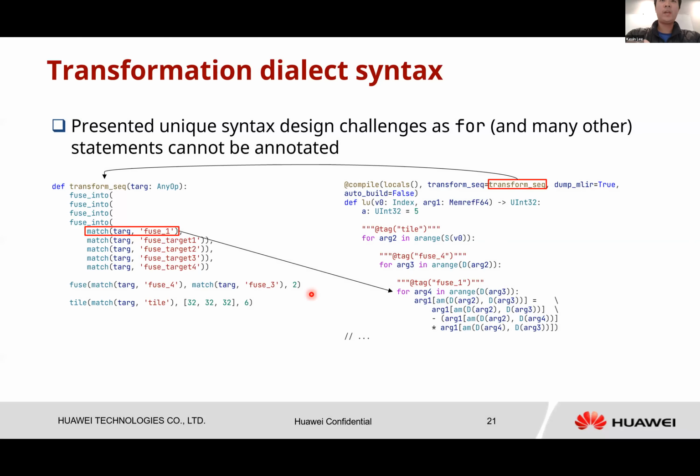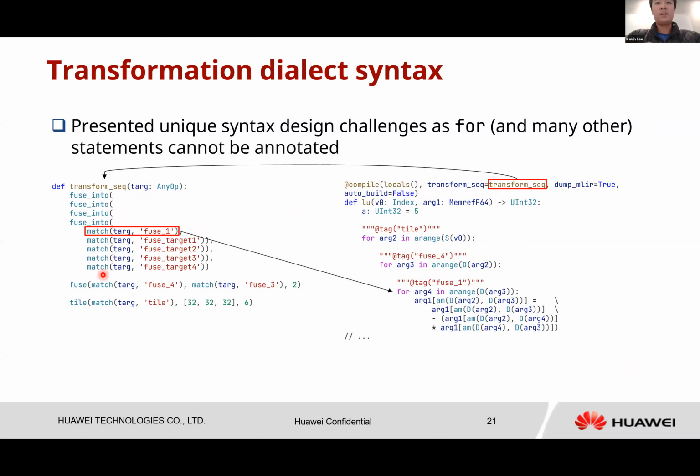There's also the transformation dialect syntax. Like I said earlier, we want to have the ability to have a function that can transform the payload function, which is, we have an example of a payload function here. And this is a transform sequence that transforms this. And we define in the compile annotation, we include this function. We include the transform sequence, which then